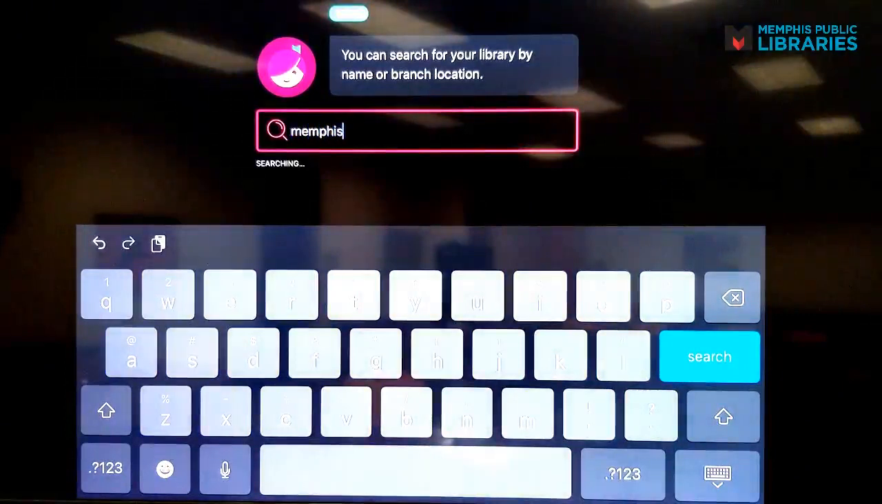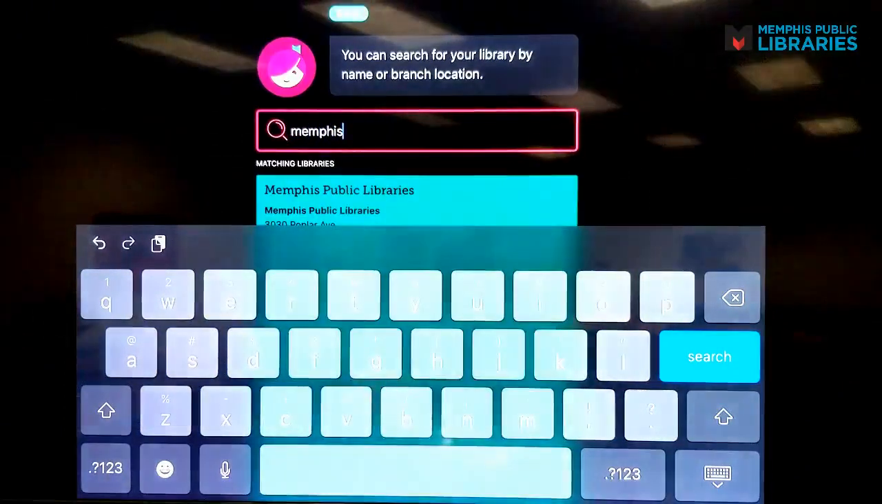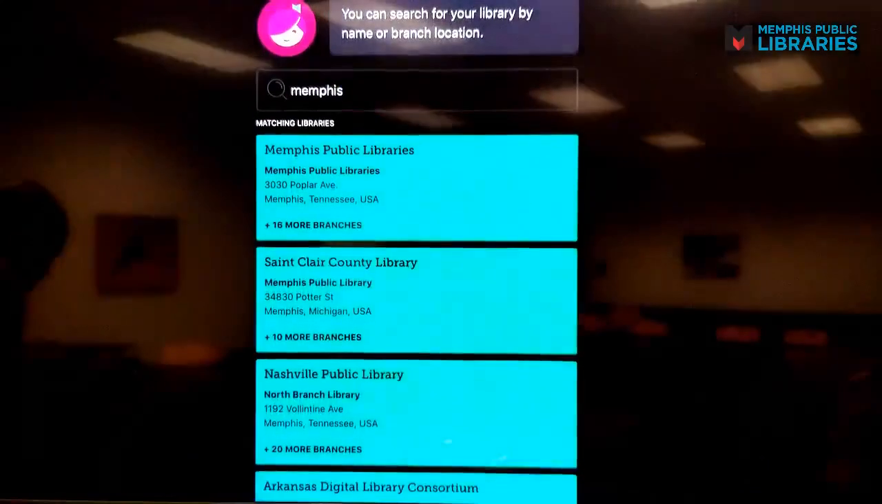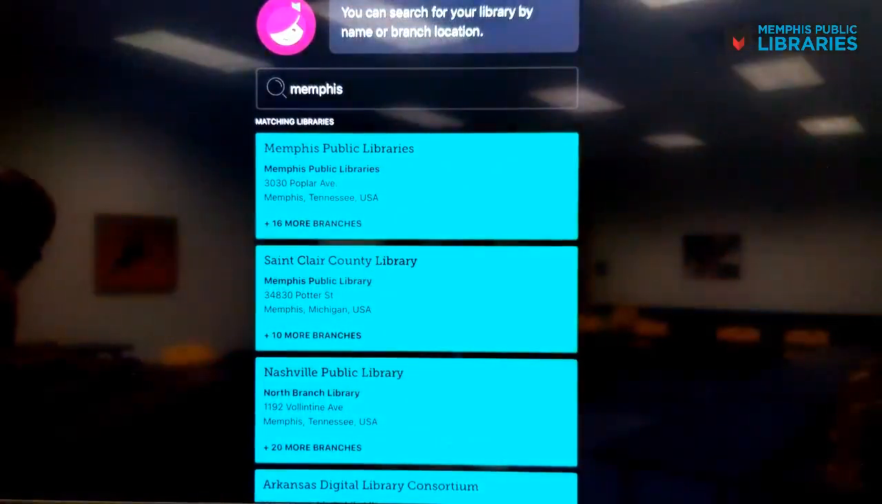You don't have to do too much. You don't need to put in a branch name or anything, because the one portal we're going to be using is Memphis Public Libraries, which, if you did what I did and typed in Memphis, will be the first option that comes up. So we're going to go ahead and open Memphis Public Libraries,